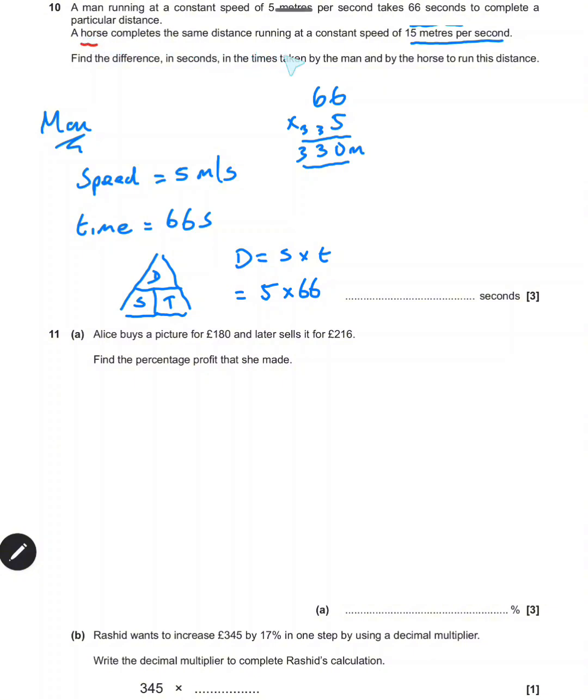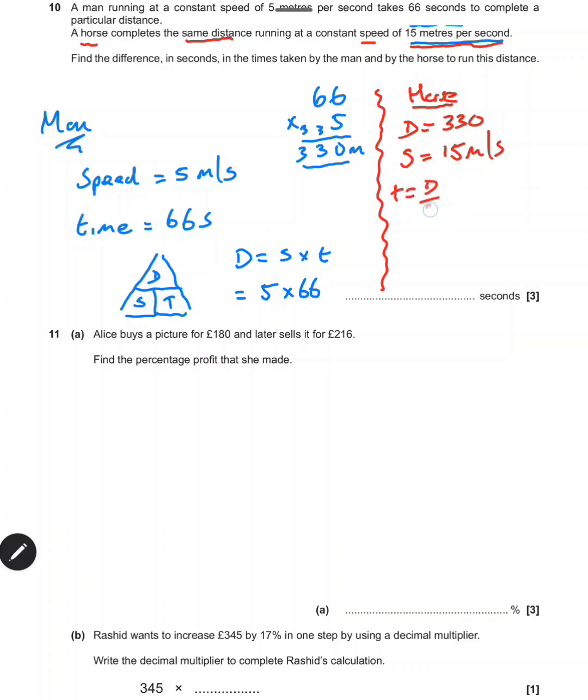If we now look at the horse, it runs the same distance, but the speed has changed. So let's write down what we know about the horse. The distance is the same as the man, so we've got distance equals 330. We know the speed is 15 meters per second. And if I go back to my formula triangle, I can now work out the time. Time is distance divided by speed. So time is going to be distance divided by speed, which is going to be 330